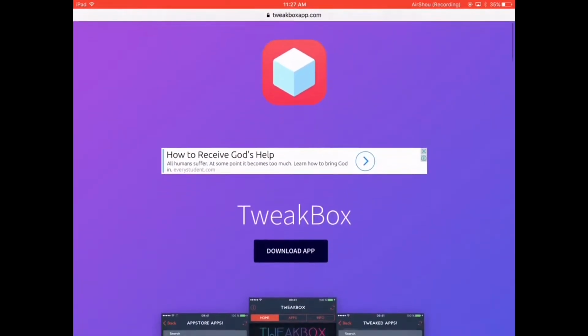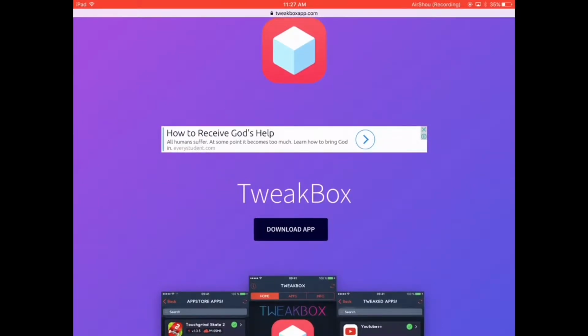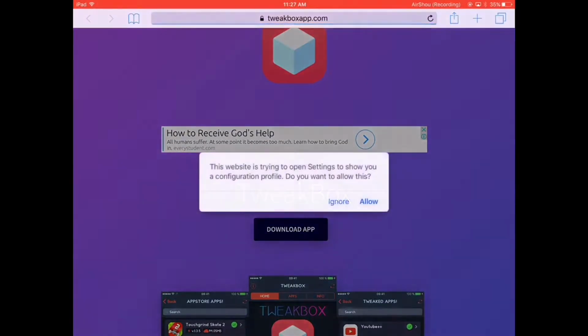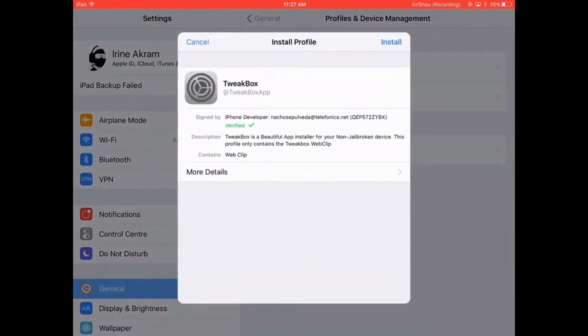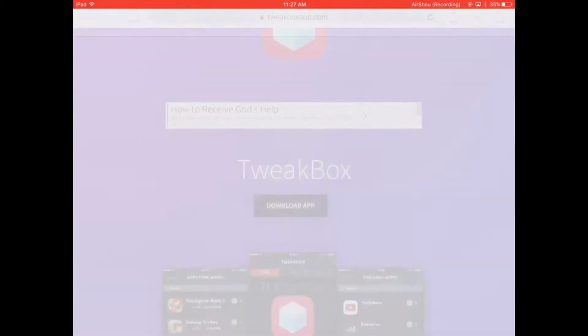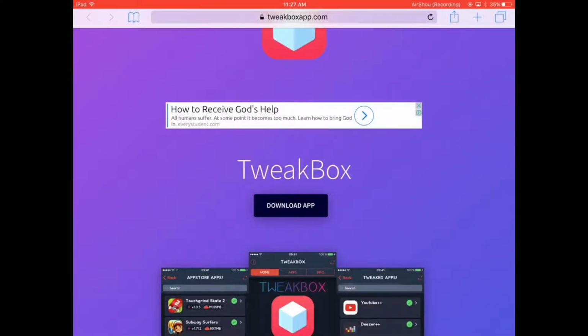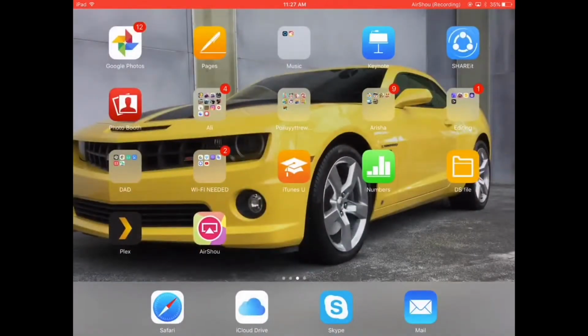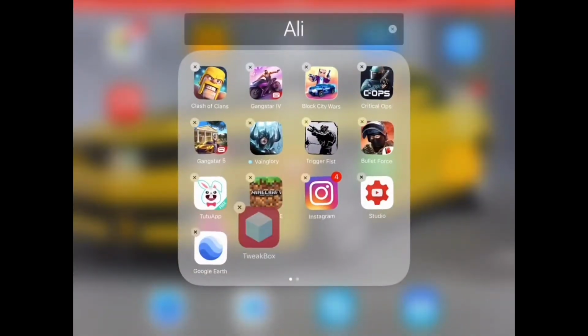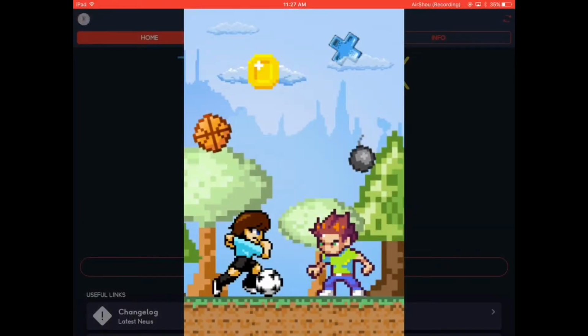So first off, you're going to be needing to download the Tweakbox app. But first, it will try to get you to download this Tweakbox certificate sign, I think what they call it, and when you're done you'll get this Tweakbox app. So you're gonna click on that, wait a couple of seconds, so ads will pop up,